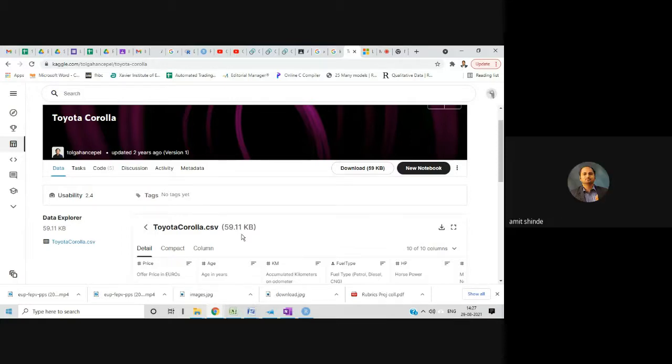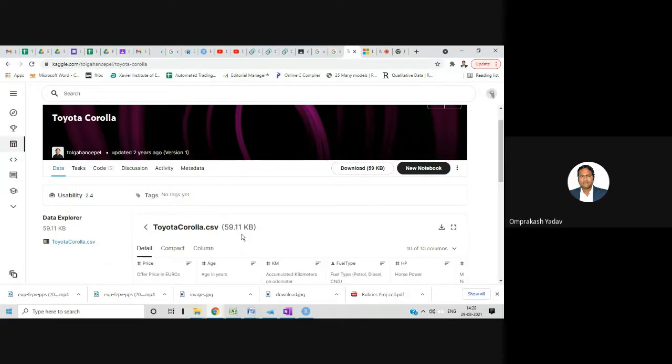Do Python, Tableau and R differ in the size of data they can handle? Yes, some different ranges are there. It will be a little bit slower or a little bit faster, but you can work with this. There is no issue. Remember, these are CSV files. Even this 59 KB is huge data. If you open this file, I think there will be 9,000, 10,000 records, rows, in this data set. So this is enough data which you can use for training purposes, where we can divide it 80 and 20% range.